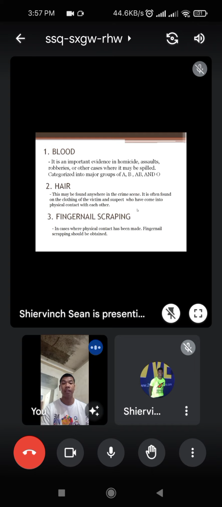Next, identify the hair carefully as to the exact location where it was found. Do not mix hair found in several locations, and place the hair in folded paper. Also, do not tape the hair to an object as it will alter the hair and destroy any debris adhering to it. The next is fingernail scraping, wherein in any case where physical contact has been made,